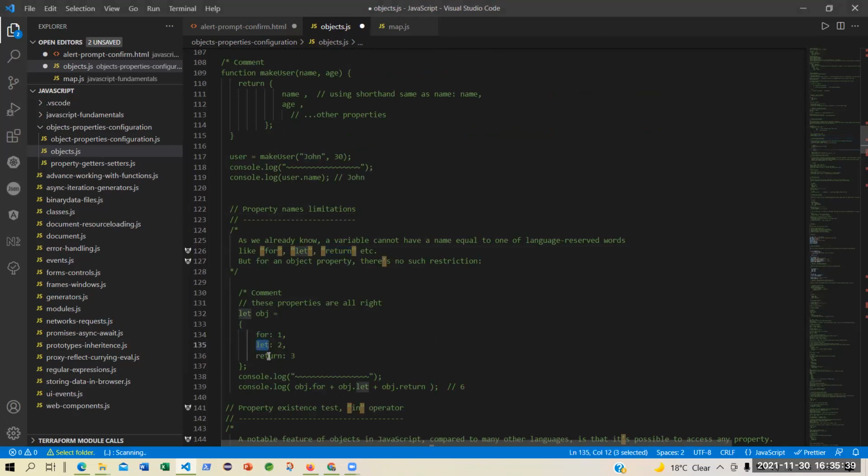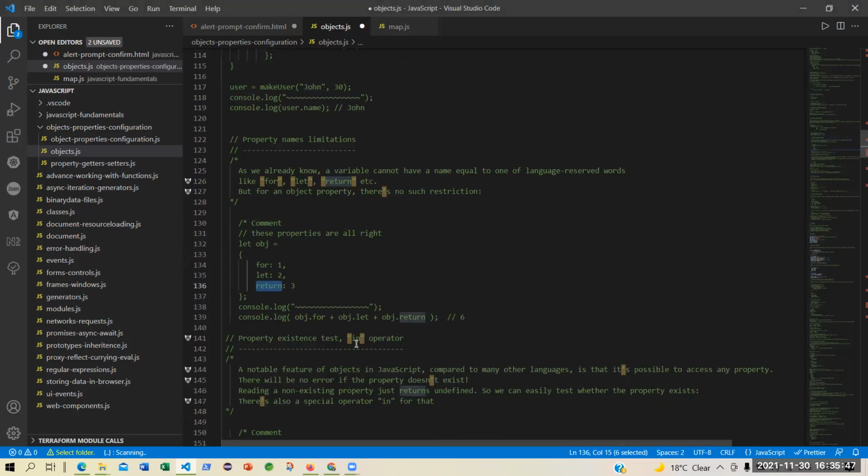But I told you that it is better not to do this, as you must follow good practices. Just for your knowledge, you can use it. Unlike any other language like Java or C or C++, where you will not be able to use a property name which is a keyword.